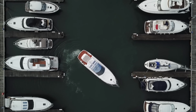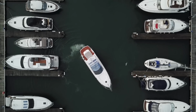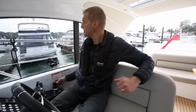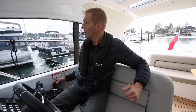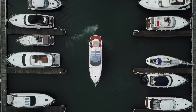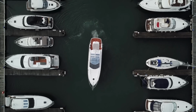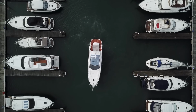And all of this again is just a very slight movement of the hand, little twist of the fingers. As we come all the way round, I'm going to stop there because obviously we've given the boat momentum in this direction. Little twist the other way to stop the turn. And again, looking for my transits, we're moving back a fraction, let's make a stop. And make the bow stop as well. And there we are. And you'll see we're slightly more downwind than when we started, but fore and aft and